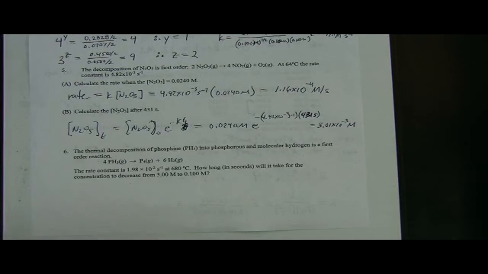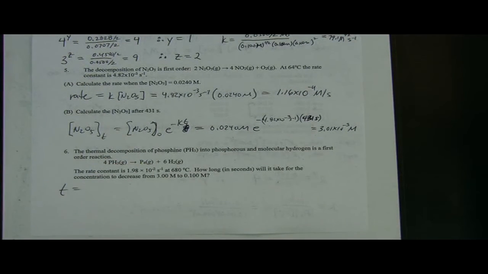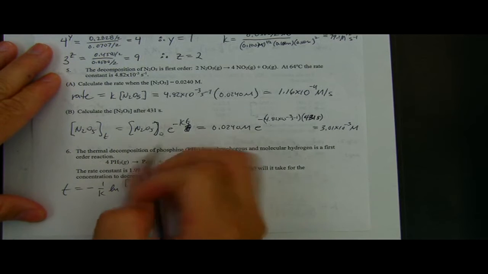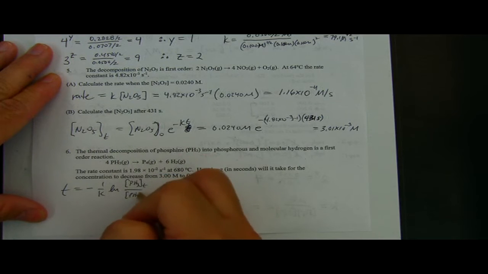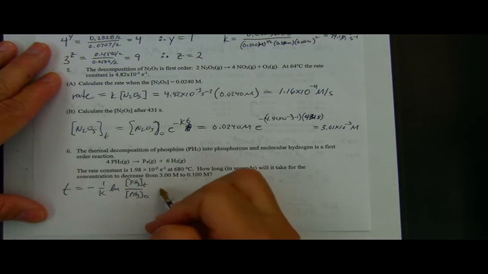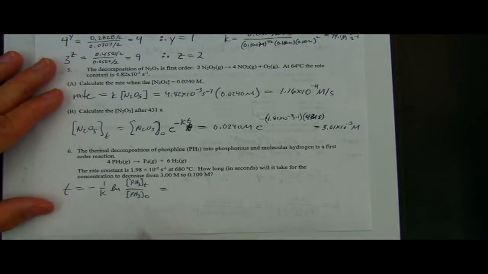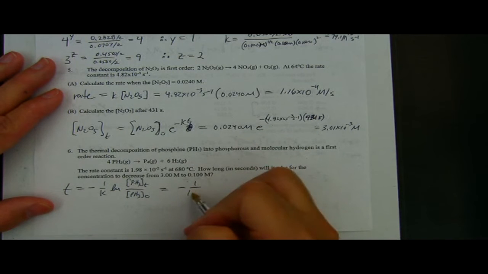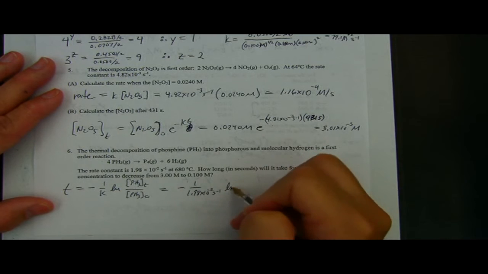How would I get it? I want to solve for t. Just do that same equation above and rearrange it algebraically for t. So the minus 1 over k log of PH3 at time t divided by PH3 at time 0? That look right? So that's minus 1 over 1.98 times 10 to the minus 2 inverse seconds times the log of,